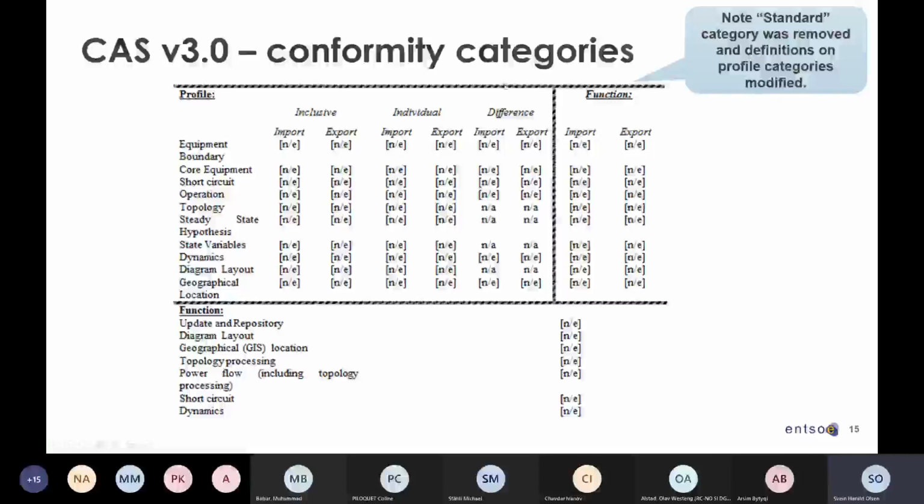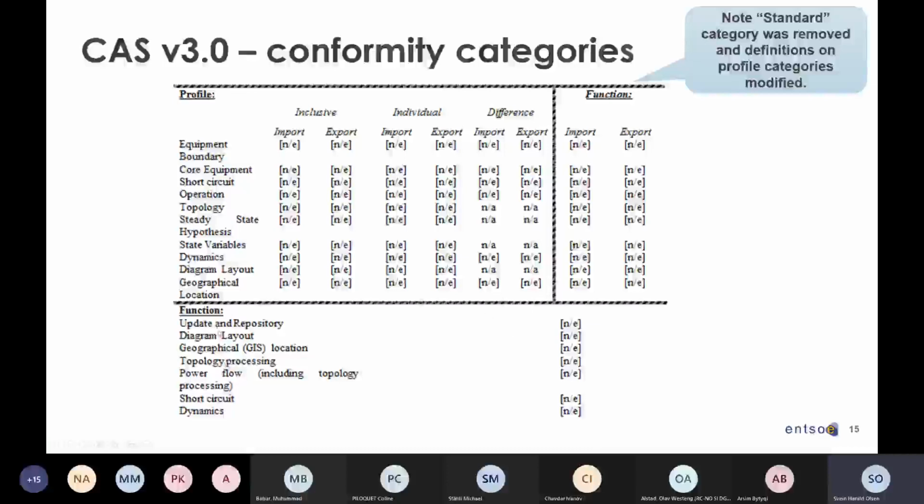And then, of course, you can tag it as yes. So you have this for each of the profiles here. And then, as you can see, some of them are not applicable, where we're saying that in general, the SIM standard is not endorsing having a difference model for these profiles.